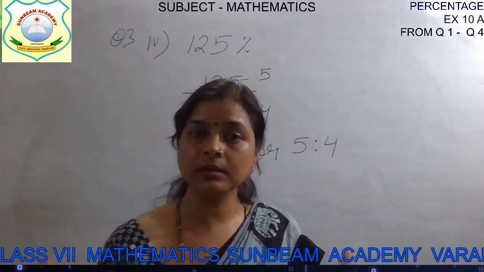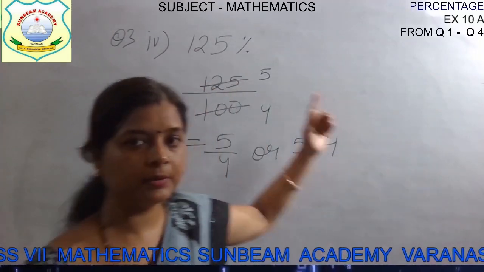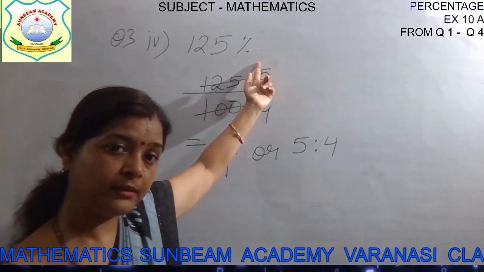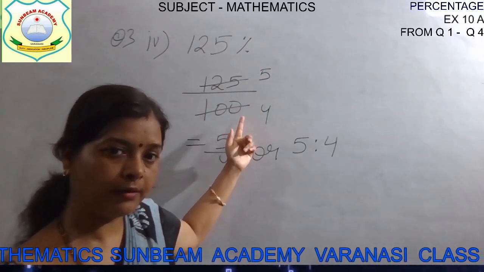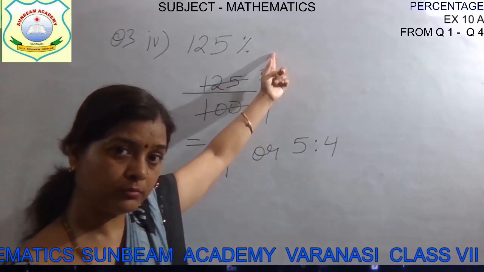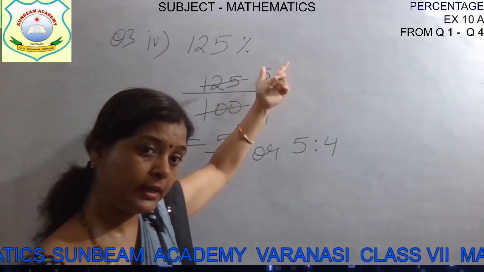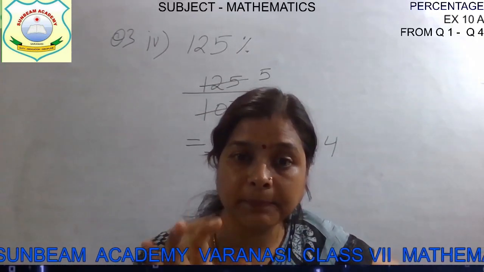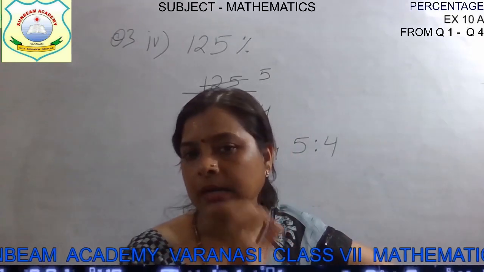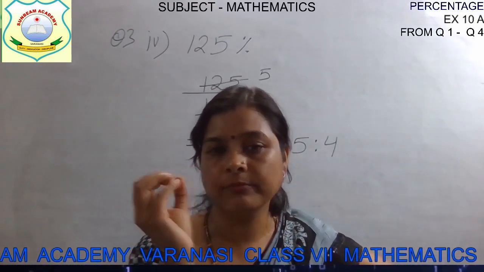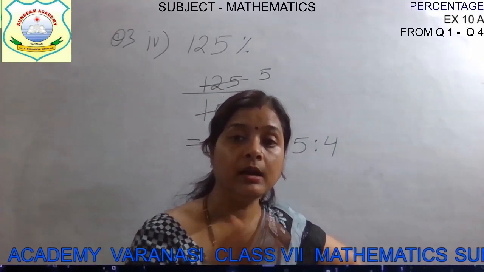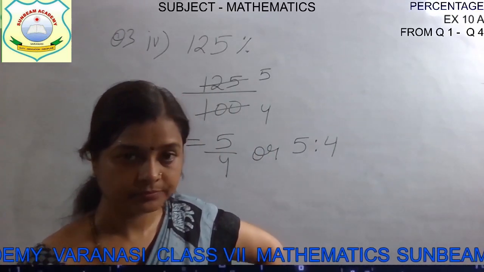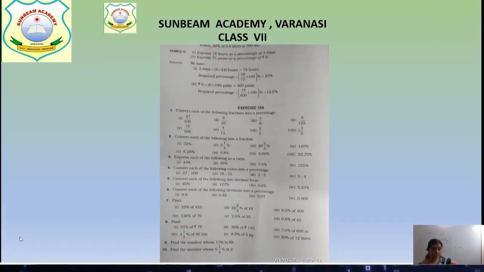and then we will convert it into percentage by multiplying it with 100. If the percentage sign is already there in the question, then it means divide it by 100. But if you have to convert it into percentage, you have to put the percentage sign. Then it means you have to multiply the given number, either ratio or decimal or fraction, whatever it is, by 100. Then your answer will be converted into percentage. You can find the percentage value.